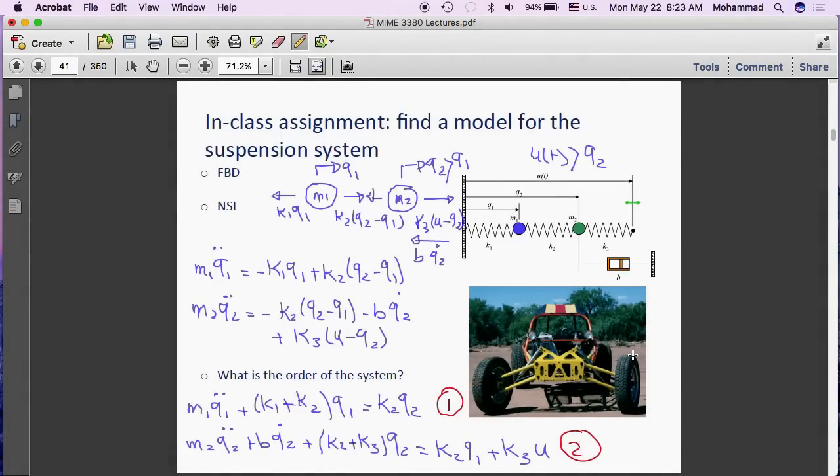Look at the right-hand side of both equations. Comparing the right-hand side of equation 1 to the right-hand side of equation 3, what is your observation? K2, Q2 are the force. So K2, Q2 is what causes mass 1 to change, which is the same way as F causes the motion in the third equation. Can you see that? So if Q2, in other words, is 0, mass 2 doesn't move, the immediate conclusion is